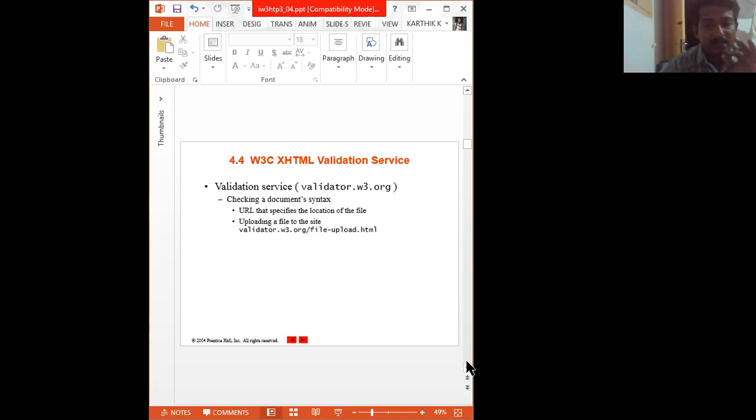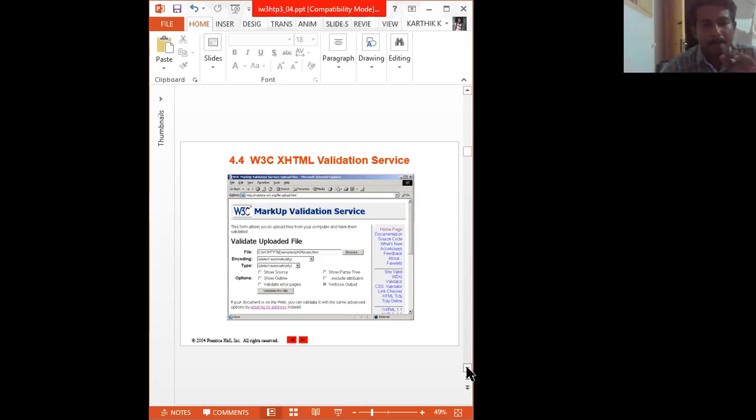All the HTML5 elements can be validated by uploading a file to validator.w3.org. To use it, navigate to the W3C site and click the Choose File button to select the file from your computer to validate, right? This is the W3C markup validation service, validating uploaded files, right? So every HTML file has a proper structure that is going to be validated by the W3C.